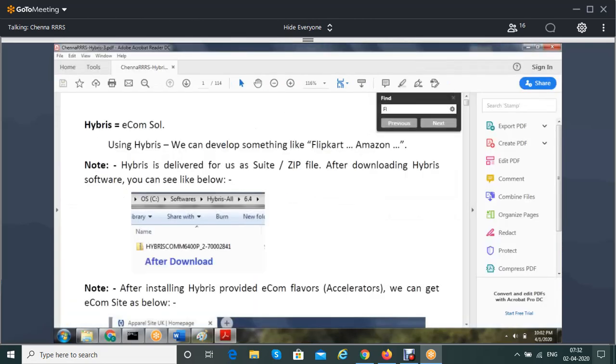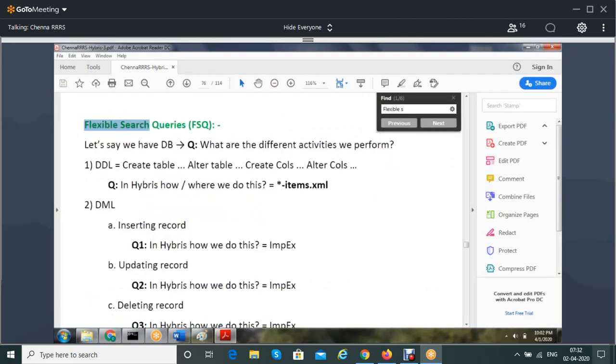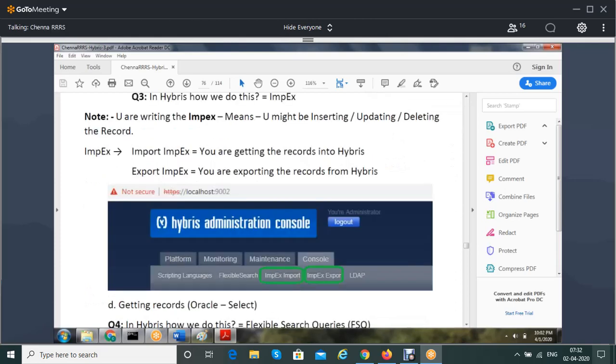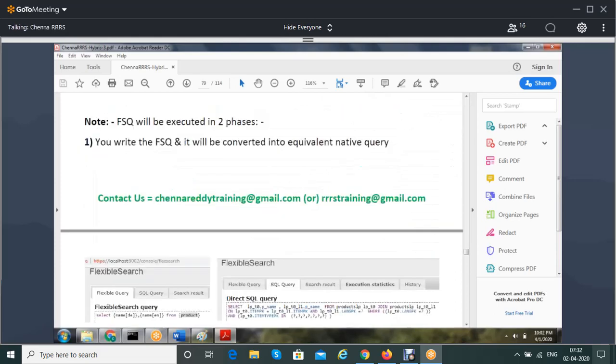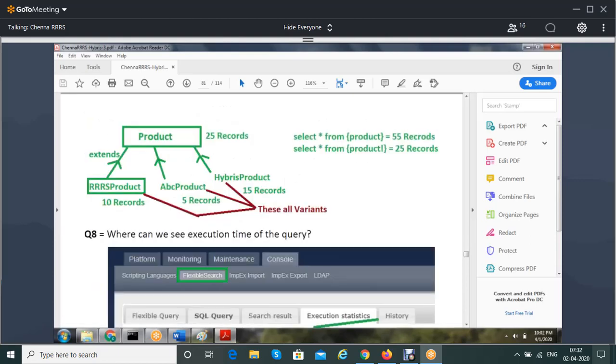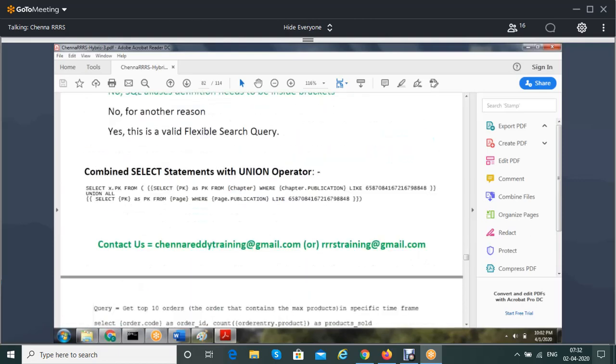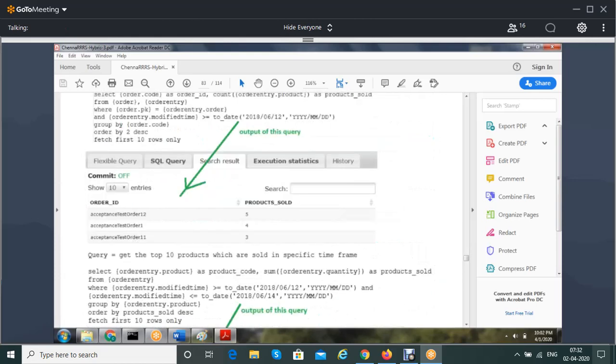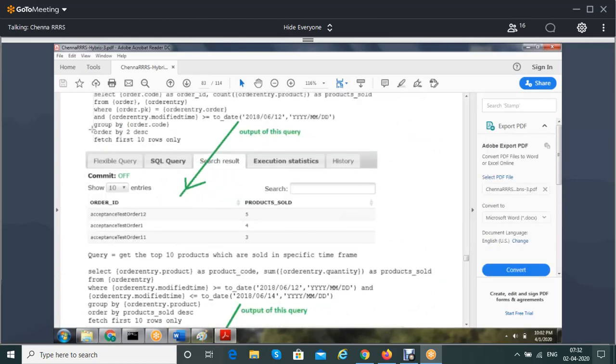I think here I have given an example with orders, in flexible search queries: second highest order amount, like that. Here we are using order by 2 and fetch first 10 records.